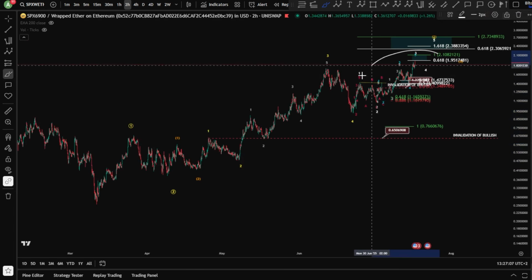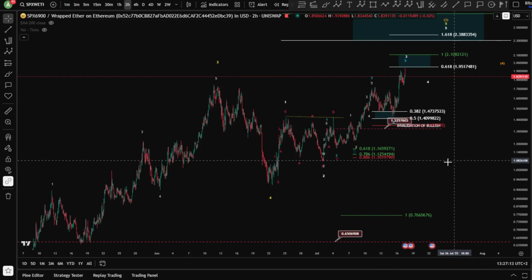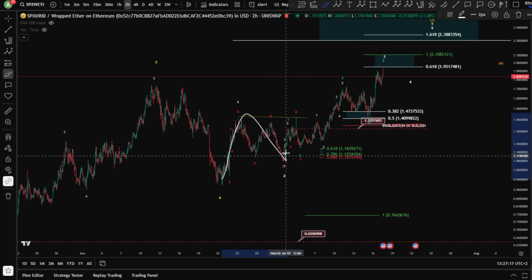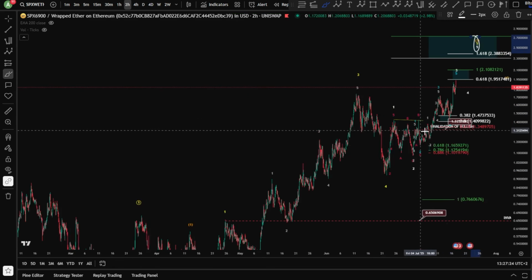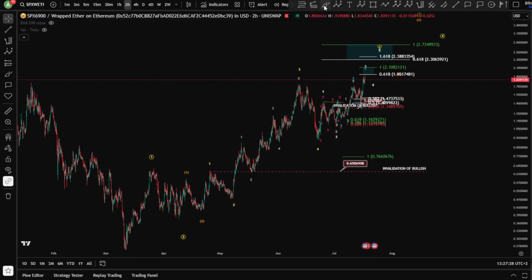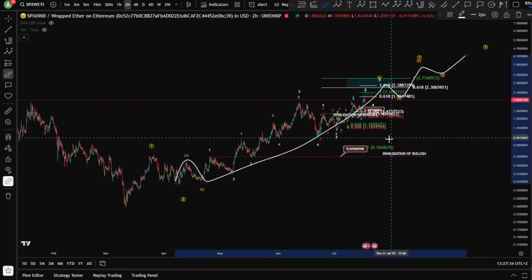And currently even inside your wave 5, you're having of course a lot of fractal impulses, due to another several 1-2s inside it. So you have 1, 2 again, another 1, 2, 1, 2, 3, 4 and a 5, to finally finish this wave 3 in the orange, and back of course to the bigger scale as 1, 2, wave 3, wave 4, 5. So very bullish for SPX